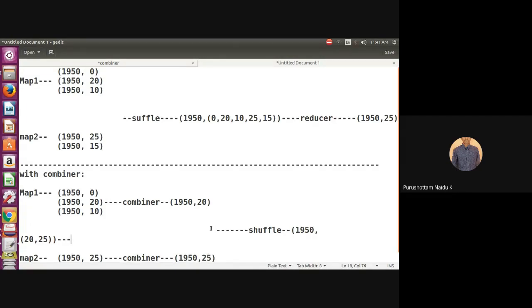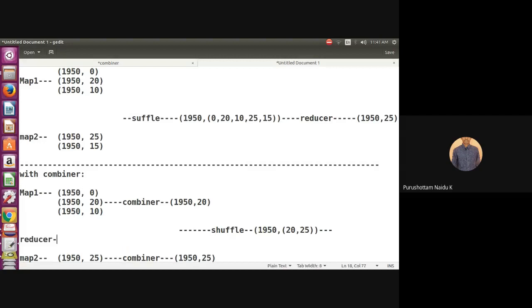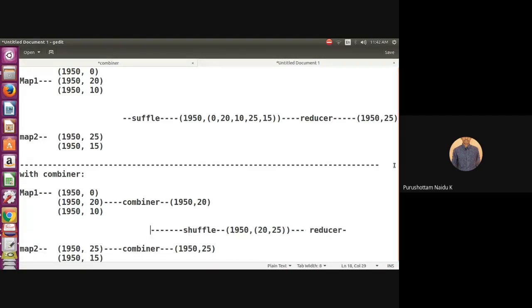Reducer. The output of reducer is 1950, comma 25. Clear? This is with combiner.